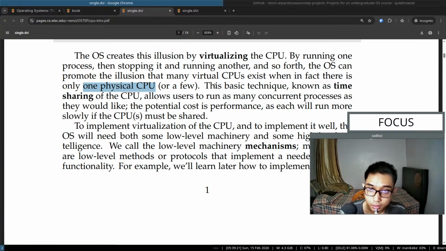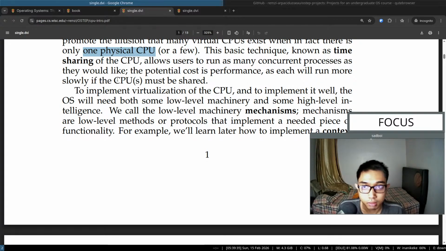Time sharing. The potential cost is performance, as it will run more slowly if the CPU must be shared. Okay. The implementation: virtualization of the CPU. To implement virtualization of the CPU and to implement it well, the operating system will need both some low-level machinery and